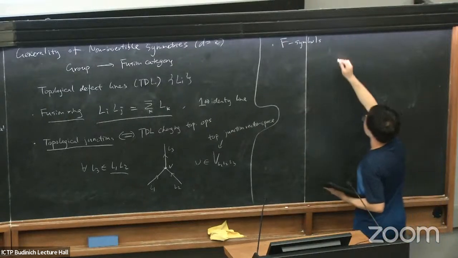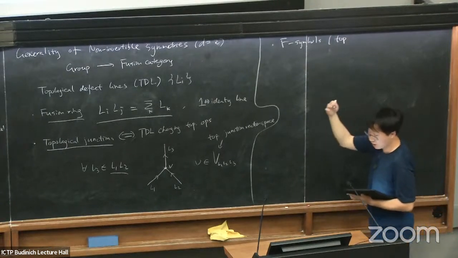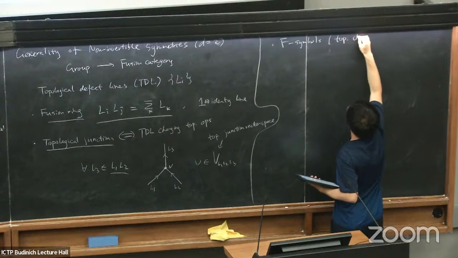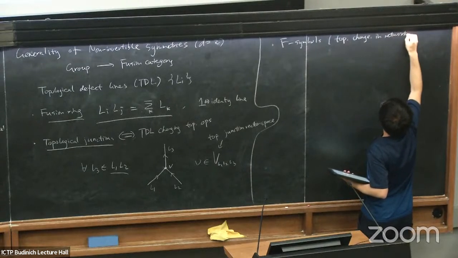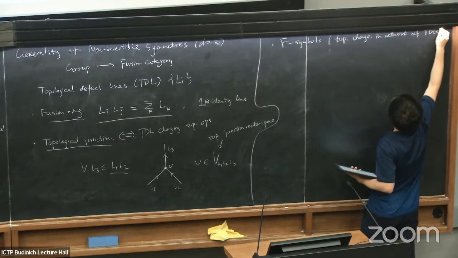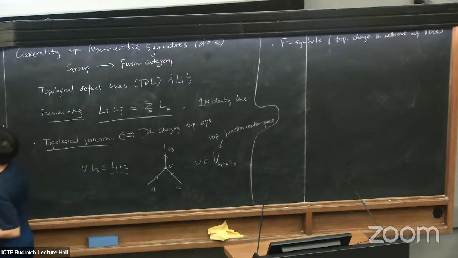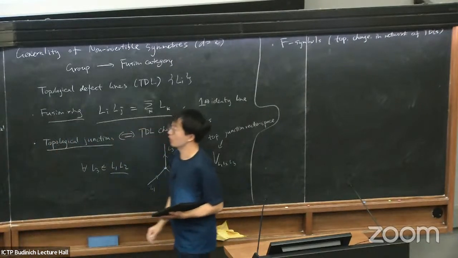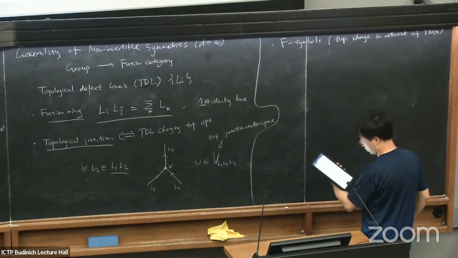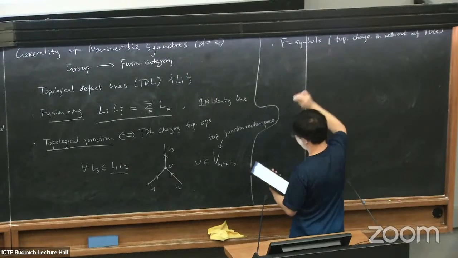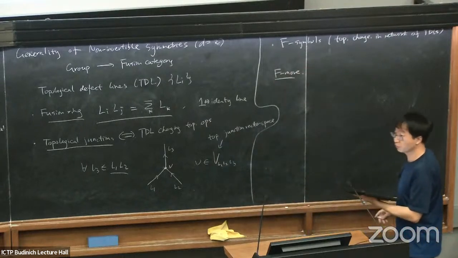This captures possible factors you get from a topology change in a network of topological defect lines, similar to the phase that we encountered when we change a network of the background describing a gauge field for a discrete symmetry. This topological change is commonly referred to as an F move, which is the basic move to change the topology